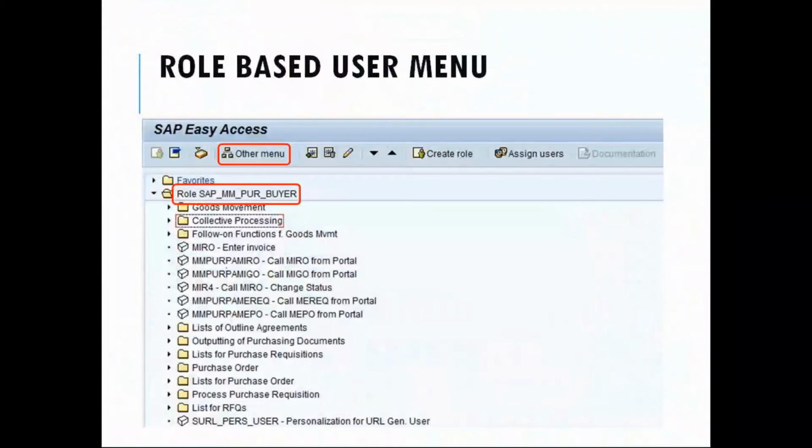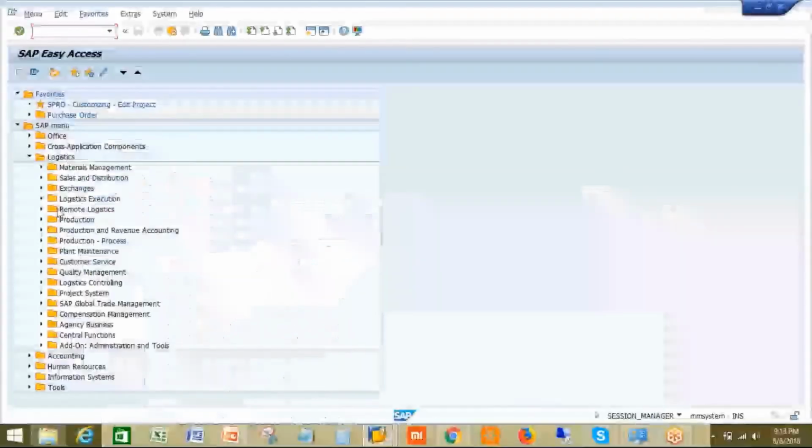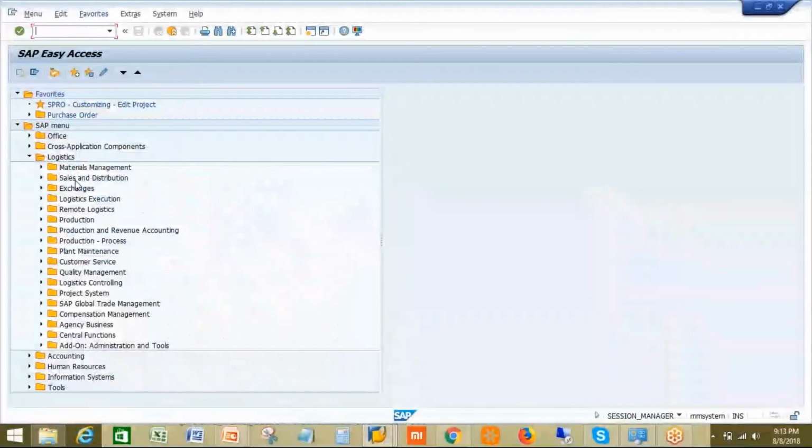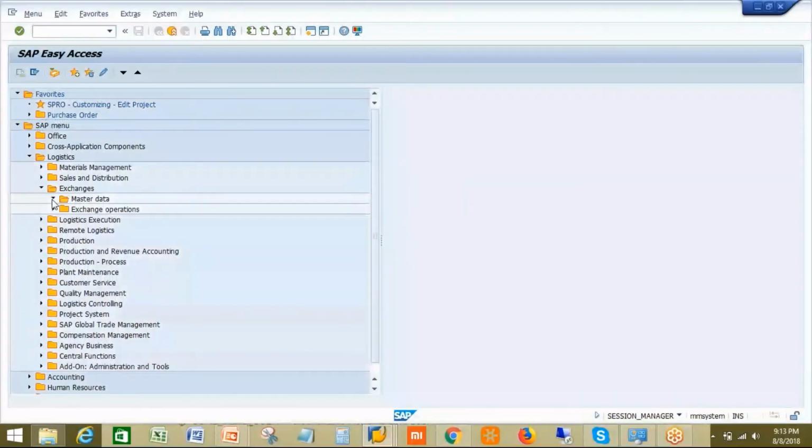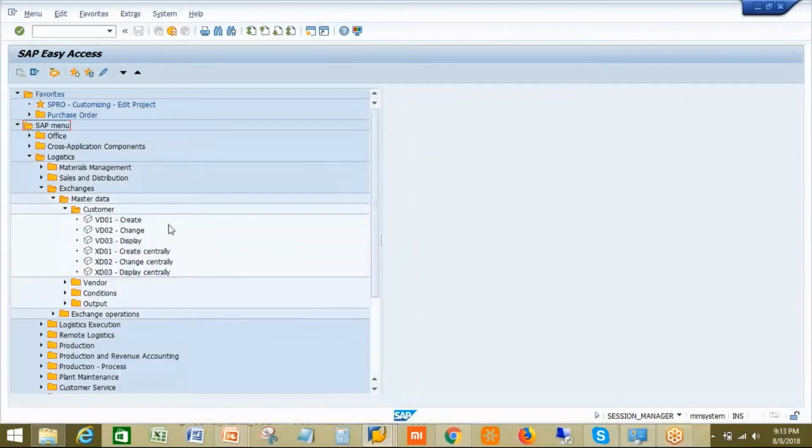And next comes the role-based menu. As I told you, roles are very much important in any industry or any system. There will always be some standard roles that have been given in SAP. Depending upon these roles only, you will be given access to the different transaction codes. As such, if you see here, this is a training system, so that is the reason why you have access to all of these transaction codes and all of these modules. But in real time, whenever you work on any project, you will not have access to all these different transaction codes. You will be able to use only a few of them, and you will be able to work on only a few of them.